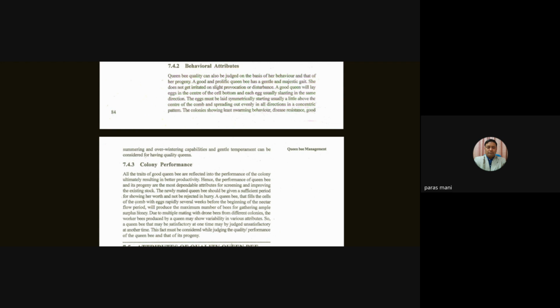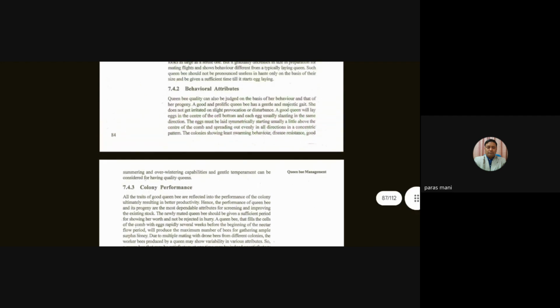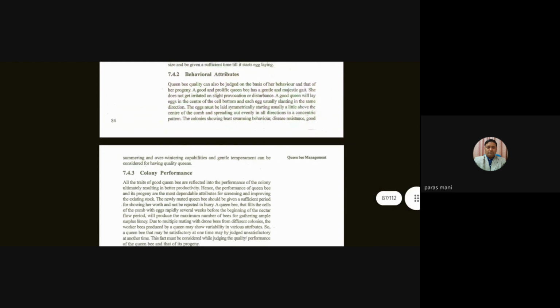least swarming behavior. The colony should have very little swarming behavior. It should not leave the colony often. For a slight provocation, it should not get irritated. It should have very little stinging behavior. And the disease resistance and